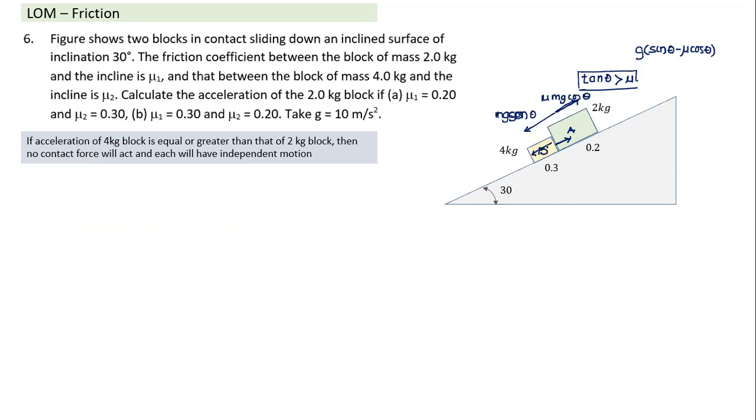You understand what is the significance of the contact force? Contact force cannot act in the downward direction on A. Contact force is always pushing in nature. So this will happen, the contact force will be like this. And what will be the value of contact force, if I have to define? On what basis can we work out the value of contact force between A and B? The force will be such that it makes the acceleration of A equal to the acceleration of B. That's what has to happen. That's why the contact force will act.